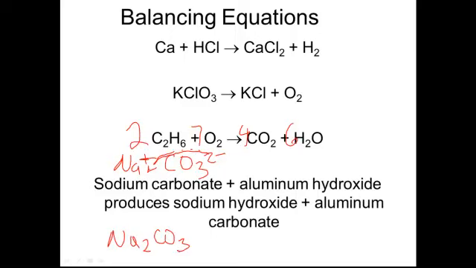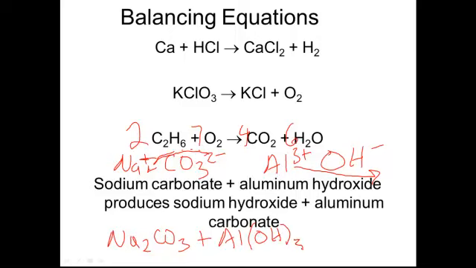Na2CO3 is going to react with aluminum hydroxide. So we've got Al that has a +3 charge and an OH-, that's hydroxide. So again, we're going to switch them. So this 3 is going to come down here. So it's going to be Al. Don't forget the parentheses on OH. You do it all the time. Al parentheses OH3